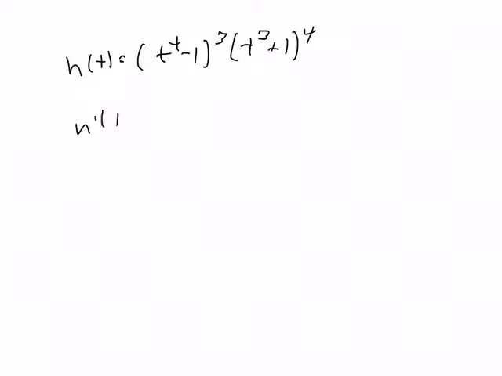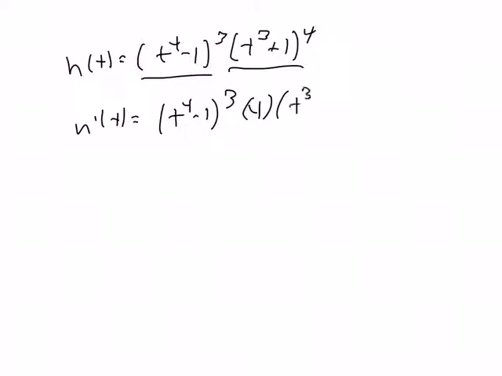So we have h prime of t is going to be, and I'm going to leave this the same, so I'm going to get t to the 4th power minus 1 to the 3rd power times the derivative of this, which is going to give me 4 times t to the 3rd power plus 1 to the 3rd power, then times the derivative inside, which is 3t squared,